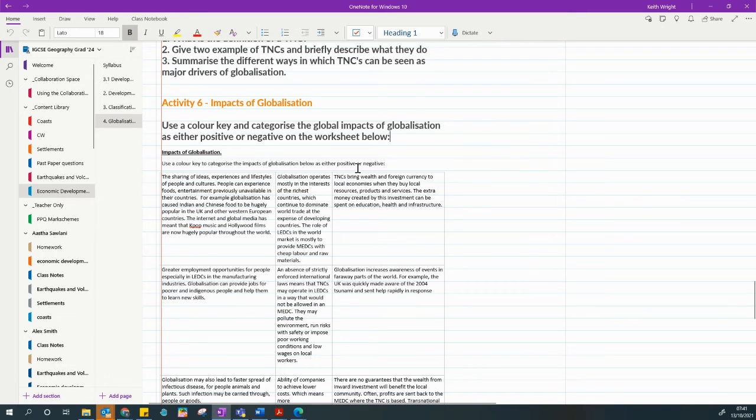You might want to decide whether some of these positives or negatives are connected with social, economic or environmental, not environmental negative in most cases, but you decide. If you want to do that, that's absolutely fantastic. I'd really like to see that, but I'm also happy if you just identify the positives and negatives. The idea with this is for you to build up your knowledge and understanding of the positive and negative impacts of